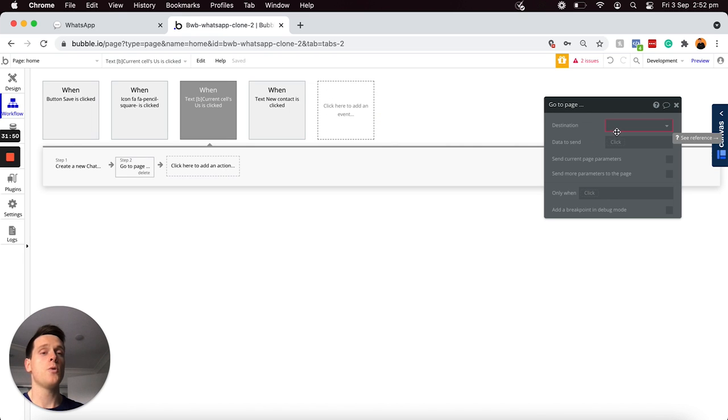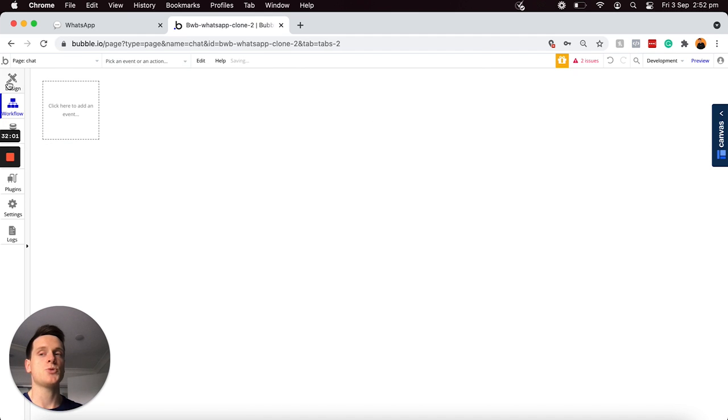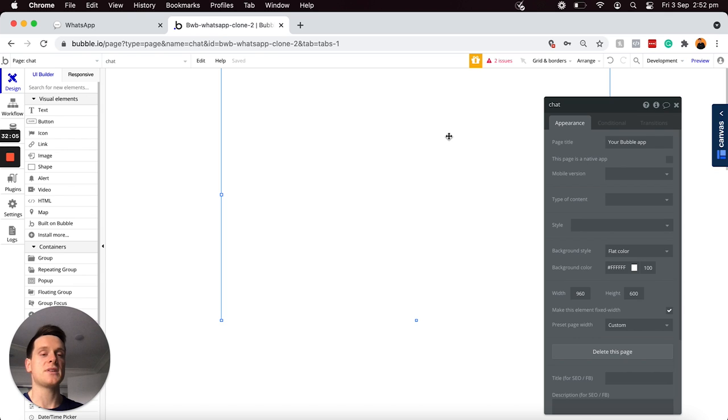And now before we select the chat page as our destination page, there's one change I would like to make to that. So if we jumped over to our page drop-down menu here, we can open up that new chat page we had just created. And now at this point, there should be nothing on this page right now. It should be blank. The only change I'd like to make is updating the type of content that we'll be displaying on this page. So because I'm going to be displaying messages within a chat, I would like to recognize